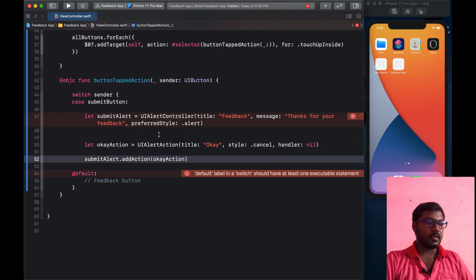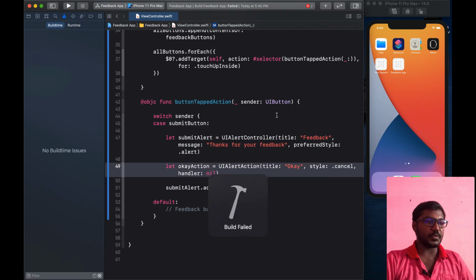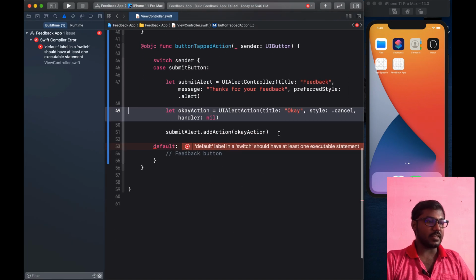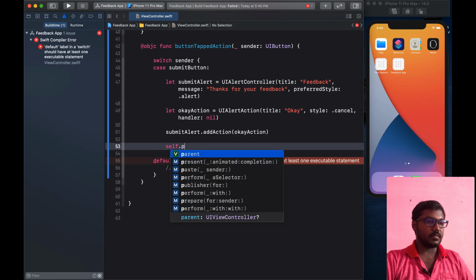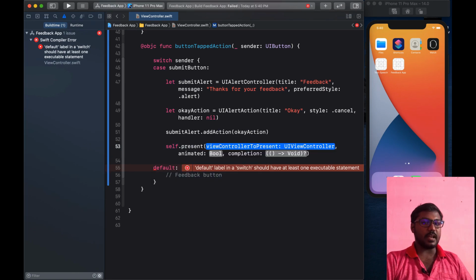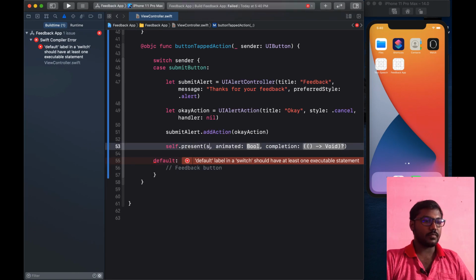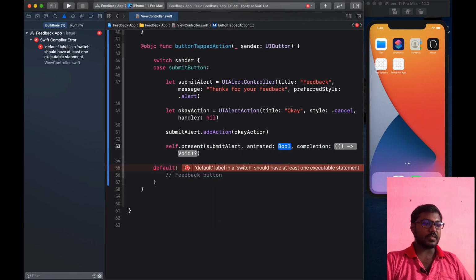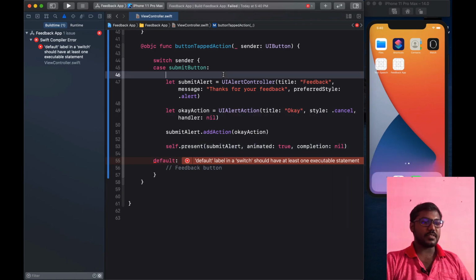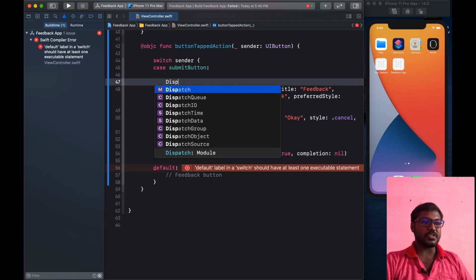Since we already used the OK button, I am only changing the title. Then we are going to present the alert on the view controller. So self.present alertController submitAlert, animated is true, completion is nil.